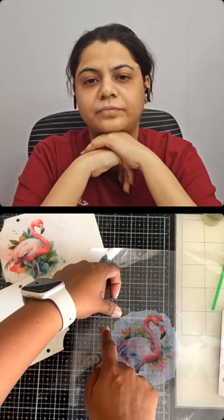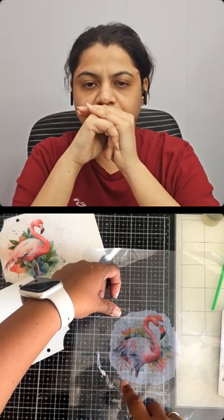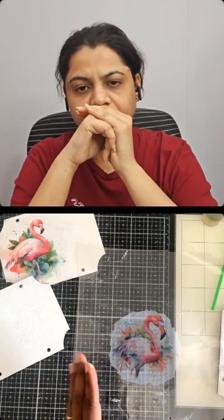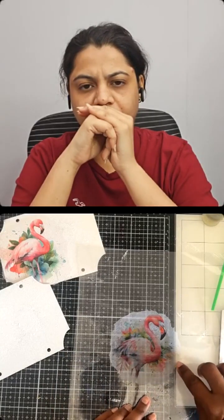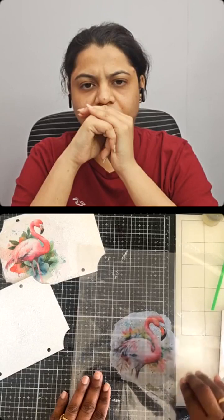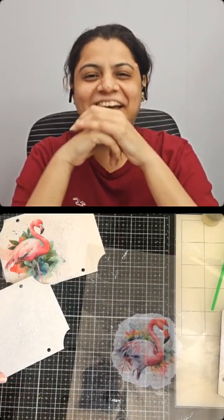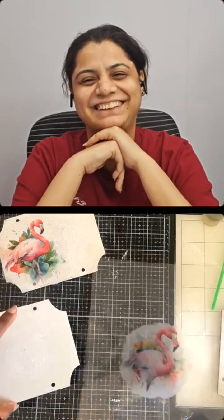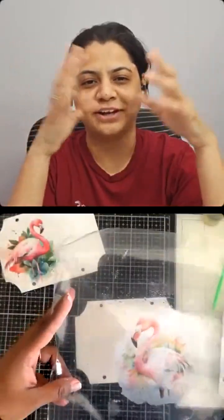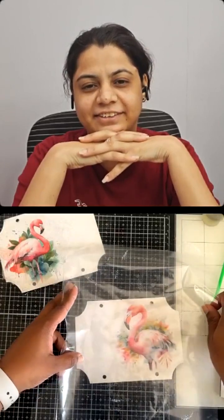Same as decoupage papers, same as decoupage napkins, this is slightly thicker when compared to napkins and easier to work with than napkins. I've worked with napkins and I hated working with them. That's one of the reasons I never went into decoupage as such. So there is no perfect science that you get wrinkle free every time, or you have to have the patience of a saint to do that. But this product, I can tell you,